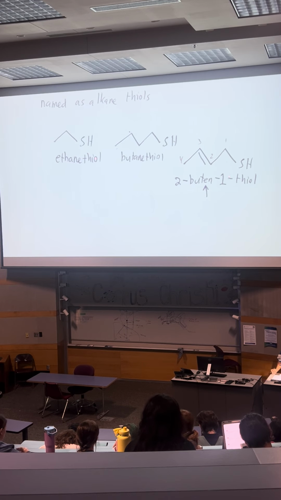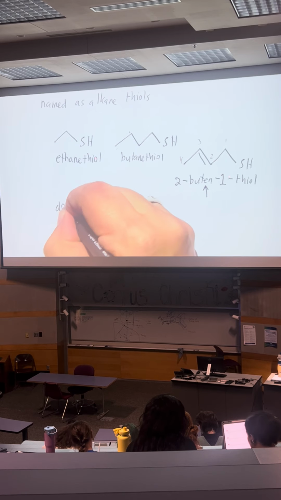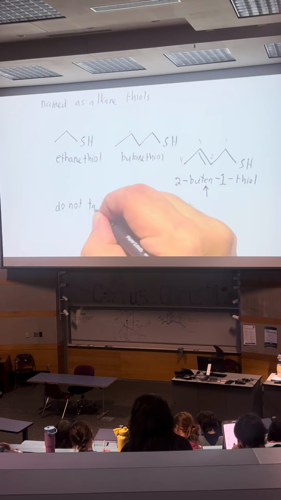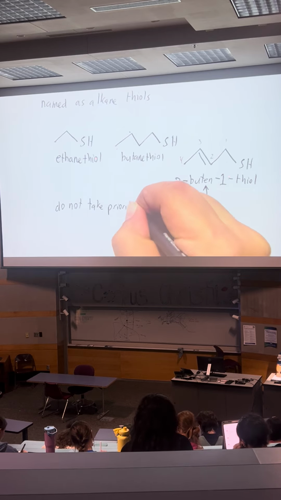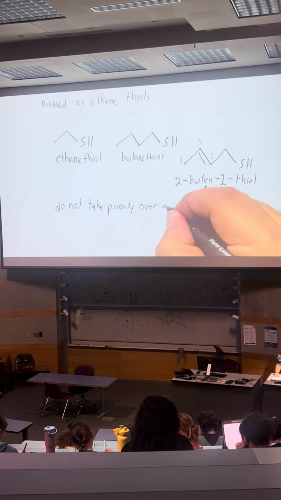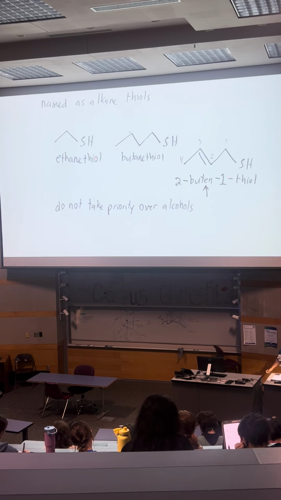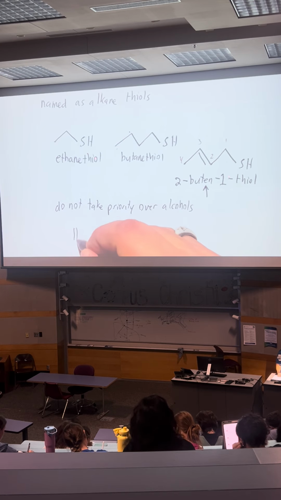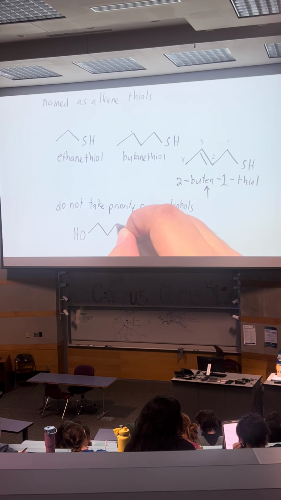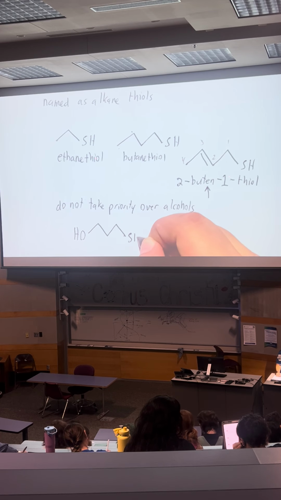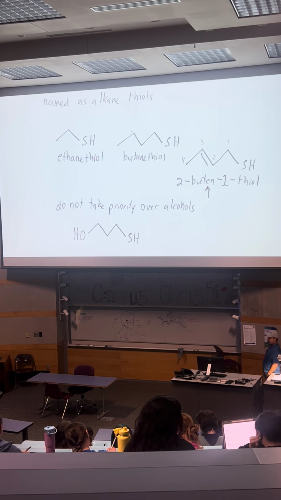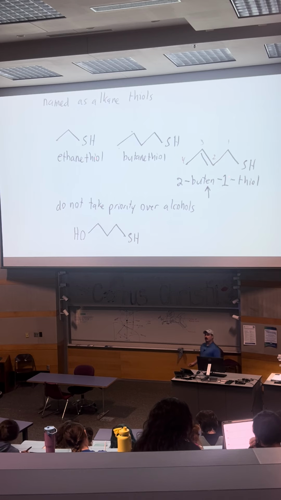Now, one problem is on this chapter earlier, when I gave you the priorities, I don't think I listed thiols there. So I'm going to write this just once. These do not take priority over alcohols. Alcohols have priority over thiols. Okay? That's a really important thing to remember,